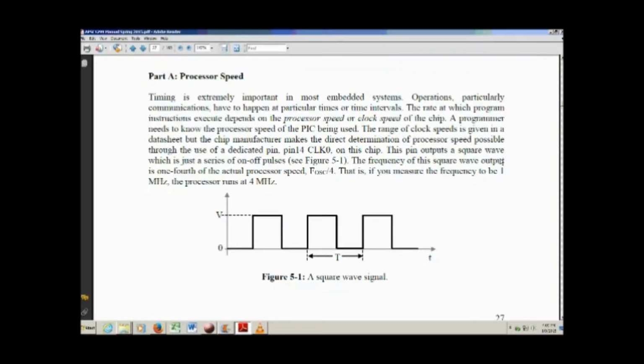So in part A, you're going to be confirming how fast your microchip is running. So we set the chip to run at 32 megahertz. You're going to actually confirm that fact. The way in which you do it is that there's one pin on the chip, pin 14, which is a clock output. So the pin puts out a square wave, and the frequency of that square wave is 1/4 of